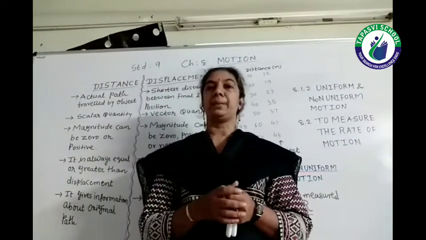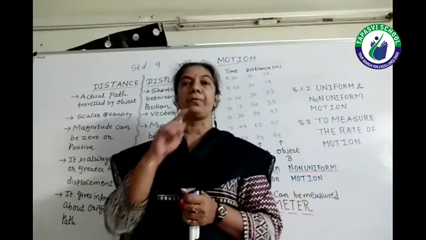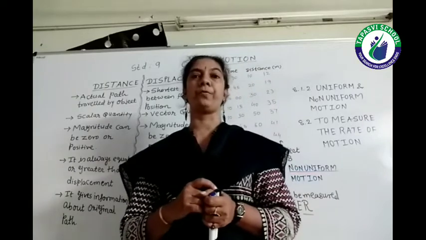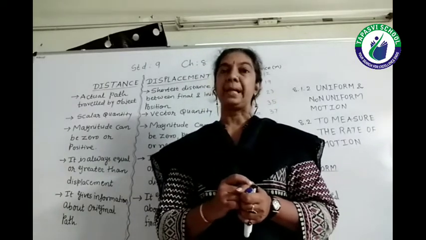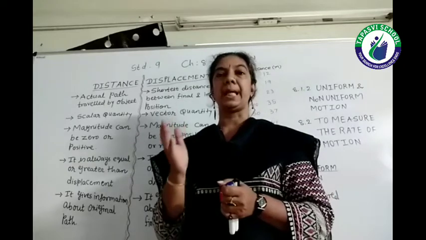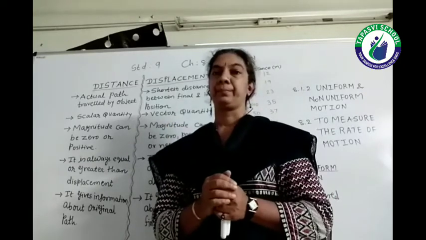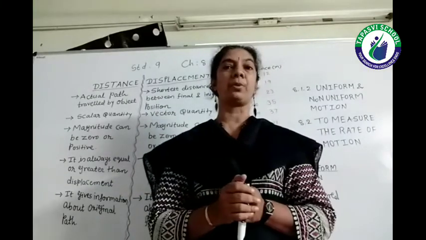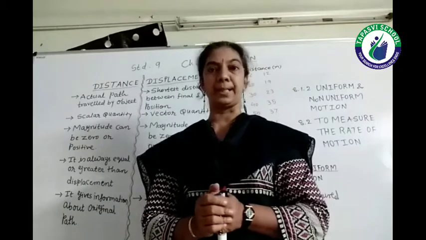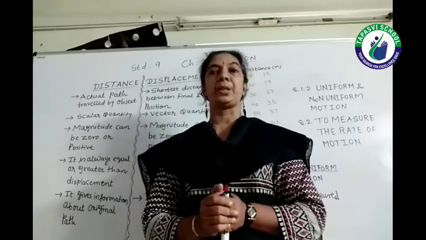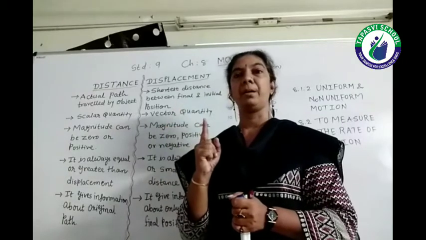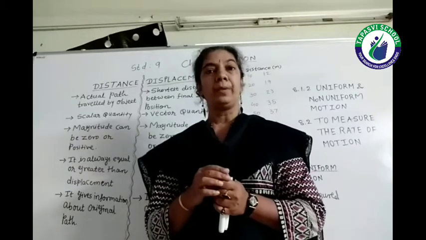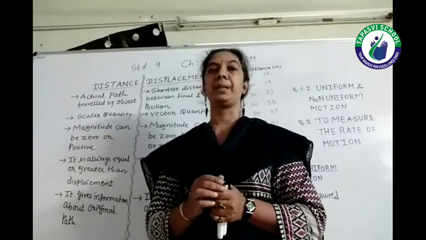Just recall the example which we have taken of that number line where we had written the different numbers of distance in kilometers, and we had taken the cases A, B, C and D. Based on that, a few differences we can list out for distance and displacement. Distance and displacement is the first basic quantity of the chapter Motion. You will learn so many quantities in this chapter.